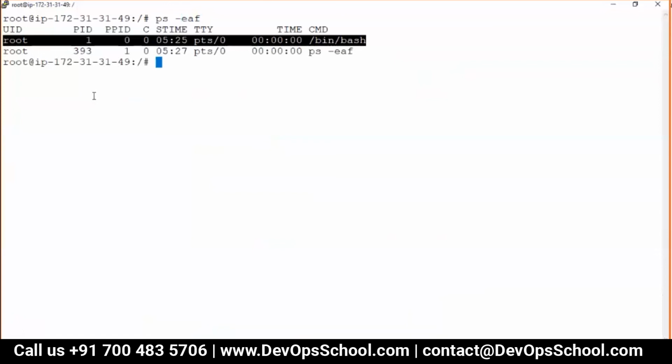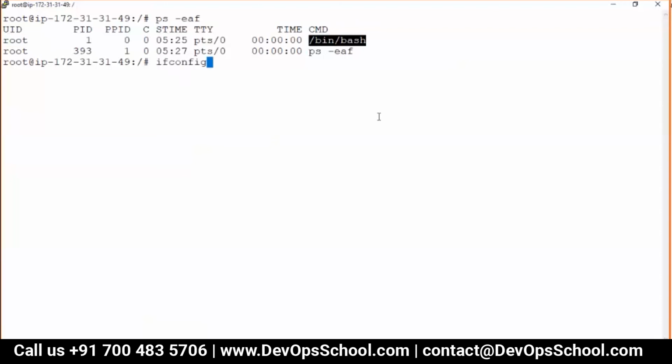What do we do in this case? When you are on a bin bash, there is one control command that will work, called Control plus P plus Q. Please hard code this. If you want to note it down, please note it down. Control plus P plus Q will exit the console. Basically it will detach the console without killing the PID one. That's the beauty about it. This will work only on the bin bash.